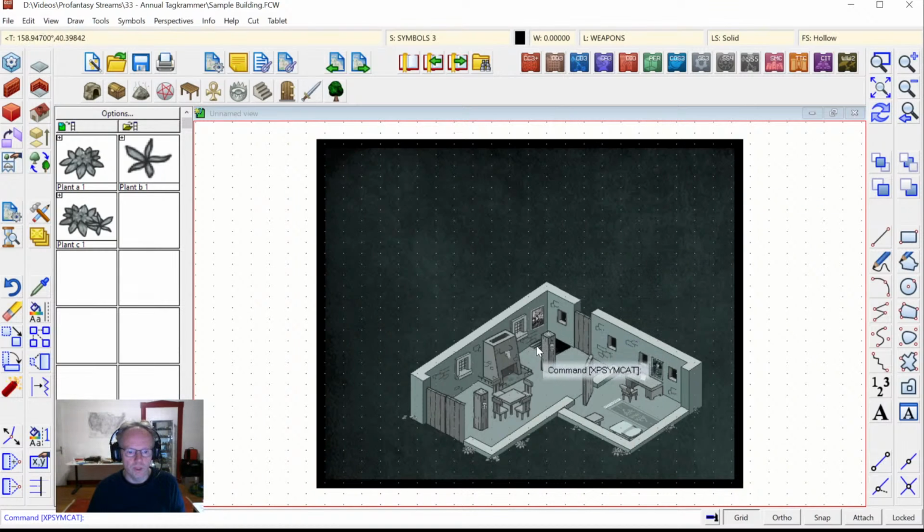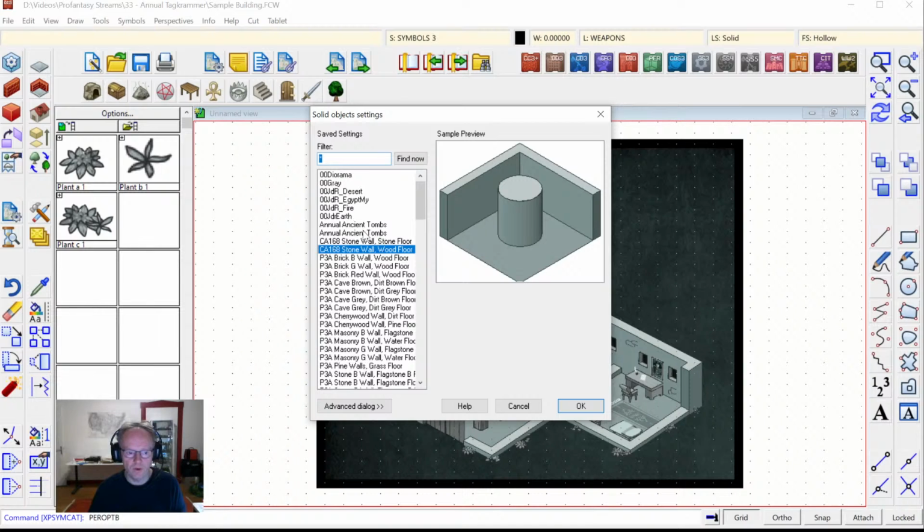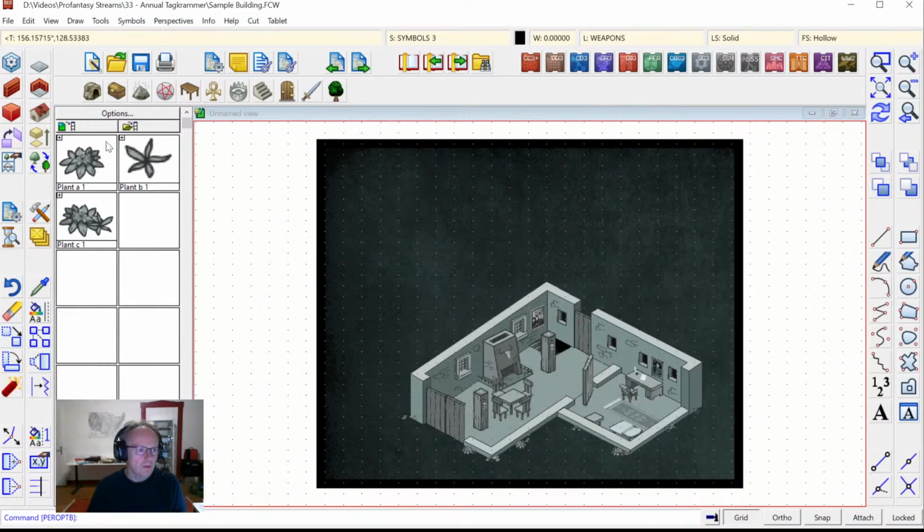Okay, next we do need the cellar this stair is leading into. To do that, we are gonna go to a different setting first, because we want our cellar to have a stone floor. And then, same as for our building up here, we are putting down a cellar level. And what am I actually gonna do if I want to make a copy of the layout as for our